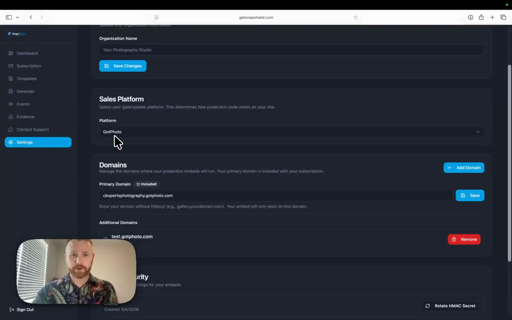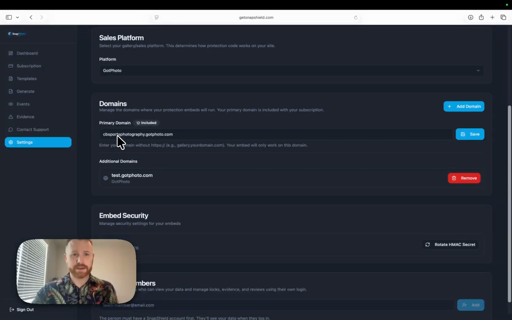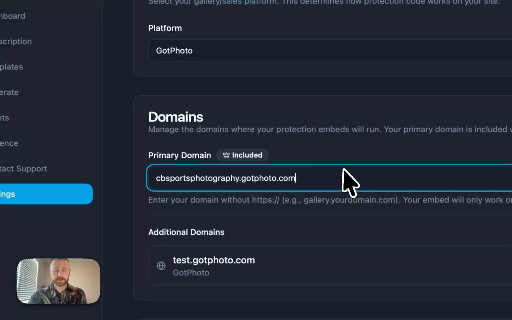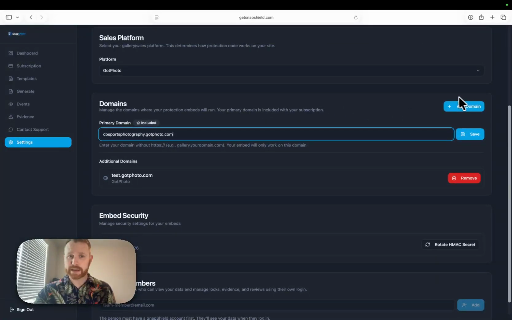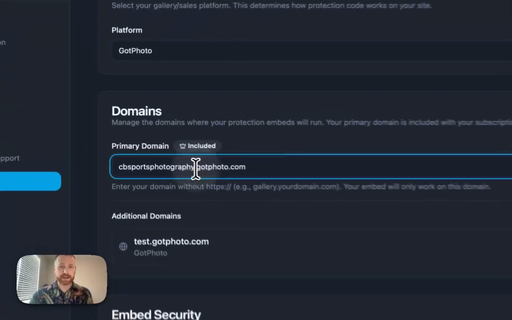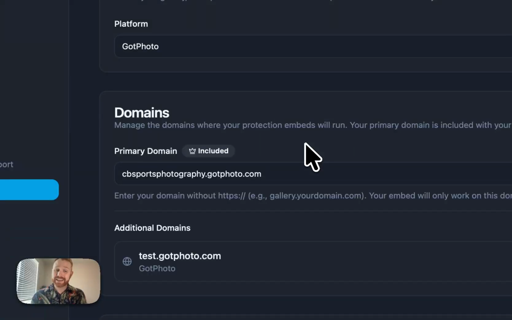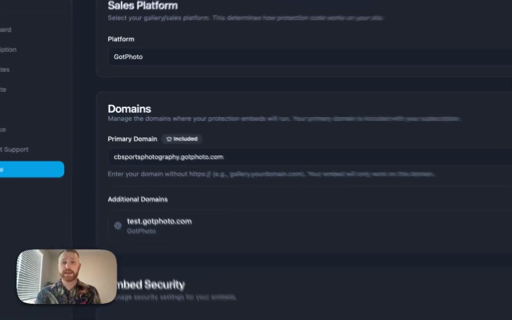You're going to pick your platform as Got Photo, and then put in your primary domain. Now, if you have multiple Got Photo accounts, you can add a domain for a discounted price. This is going to be your .gotphoto domain, unless you have a